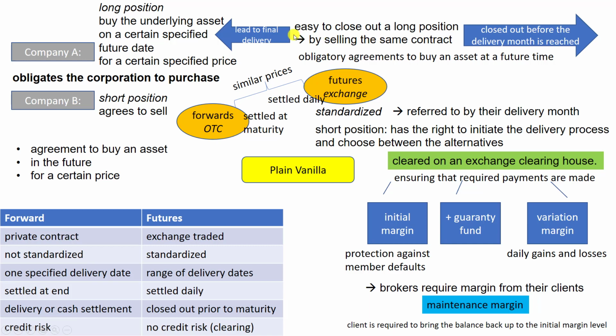And in the case of futures, the benefit is that it's really easy to close down a long position, because we just have to sell the same contract. So we don't have to wait for final delivery. In the case of forwards, in many cases there is physical delivery, or it's up to the contract, but in many cases the custom is that they do final delivery. In the case of futures, usually they focus only on cash, so they close it out before the